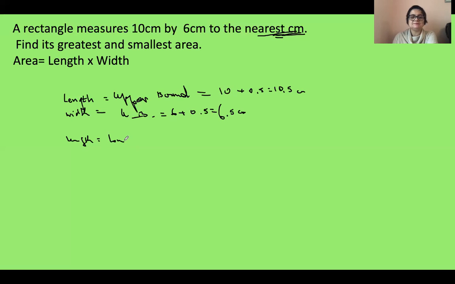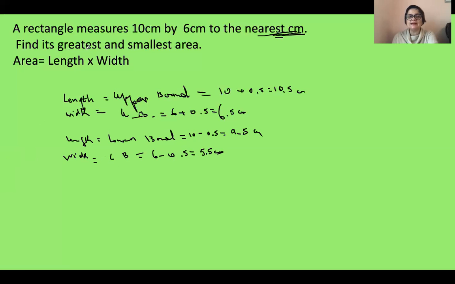All right. And then the lower bound for the length: it is obviously take away half, so 10 take away 0.5 equals 9.5 centimeters. And the width, again, lower bound, it is going to be 6 take away 0.5 equals 5.5 centimeters. All right, now that we found both the upper and lower bound of the length and width,